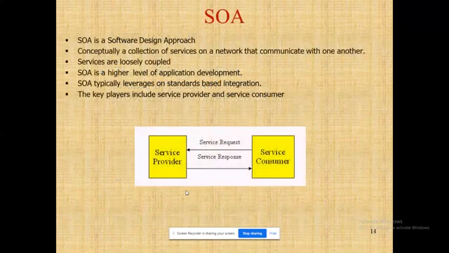So this is the point that I want to stretch. SOA is a software design approach. I am thinking with you from the software engineering aspect, right? It is a software design approach. Please remember that SOA is a software design approach. So you have to design the software in this way. Assume that this is your software engineering paper, right? SOA is the software engineering paper or advanced software engineering paper.